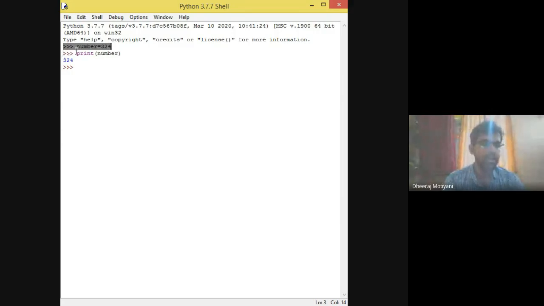Why? Because it was not having any function which is generating the output. So print is a function which is generating output for the Python. So similarly, if I'm defining n equal to minus 10.5, which is a float number. So earlier this was your integer, or you can say a number which is taking